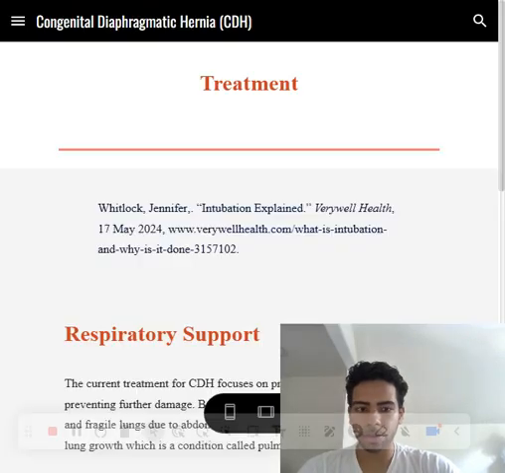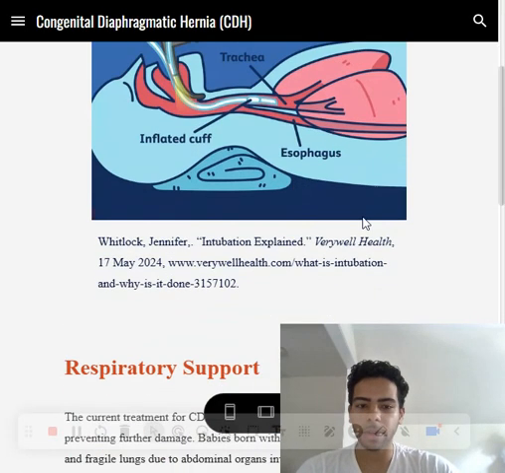So now for the treatment page, this is one of my favorite pages because you're able to see all the help that's available to treat CDH. There are some treatments expected, such as respiratory support, but one treatment I never heard of was FETO,